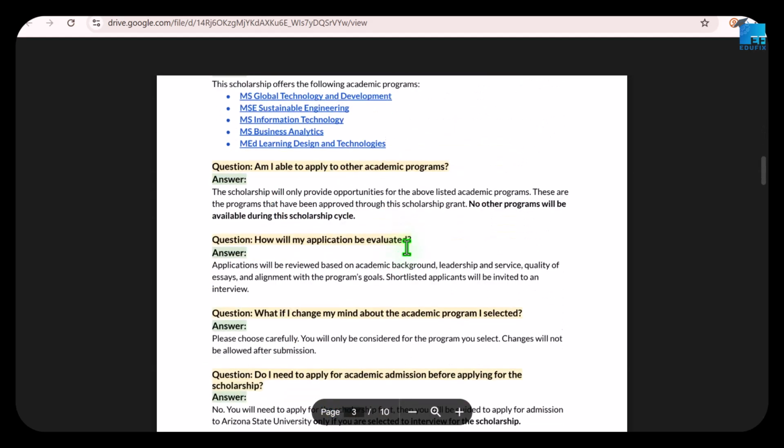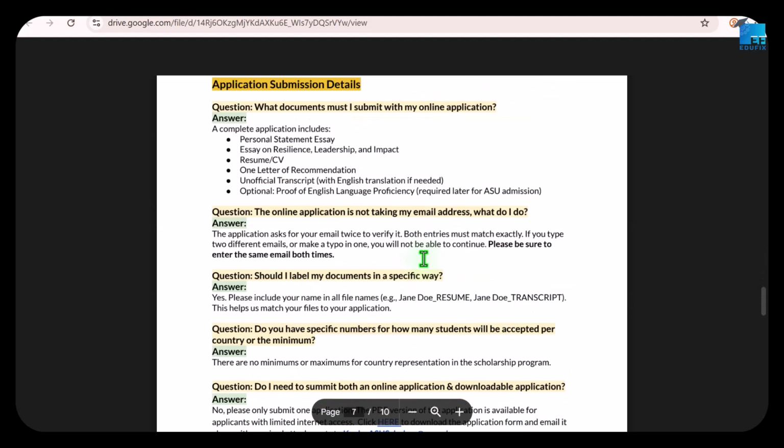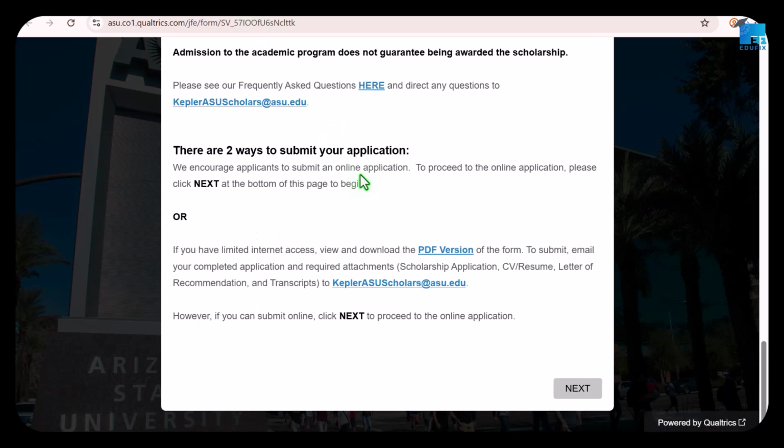They covered the application process, so take a look at this before you begin your application. Let's go back to the form. Two ways to submit your application. You can do the online application or the PDF version if you have limited internet access. But let's go with the